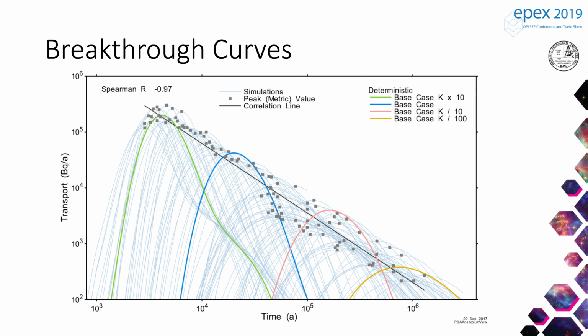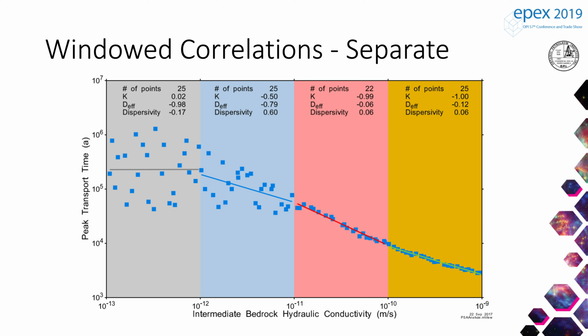But if we separate outputs into windows of sort of equal hydraulic conductivity chunks or gradients, the story becomes a little bit more interesting. So below this 10 to the negative 12 here, which is 0.1, it's 100 nanodarcy. So below that level, it's really diffusion dominated. And then we get into this regime where we're shifting from diffusion into advection or flow-dominated transport, and over here we're clearly in flow-dominated area. So I think that tells us that we can conclude that for this geological setting, we have to measure permeability